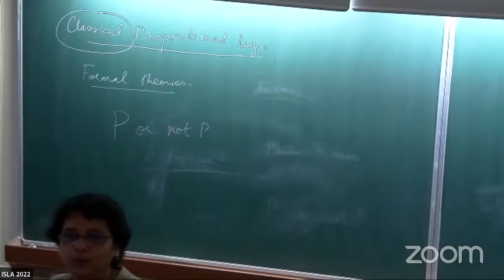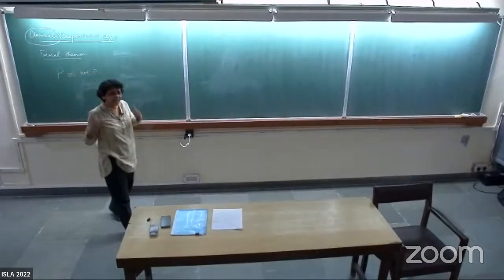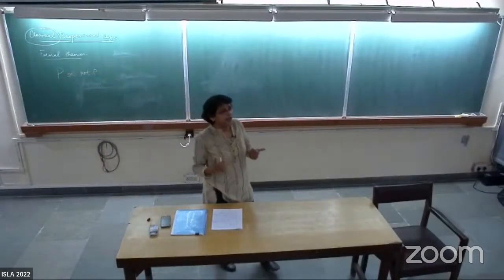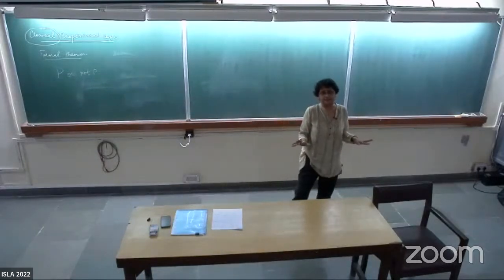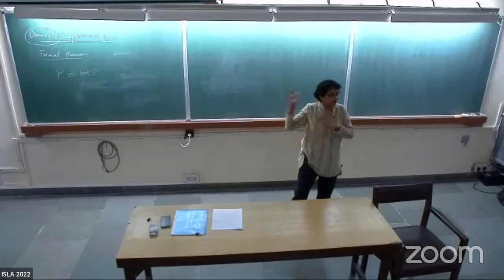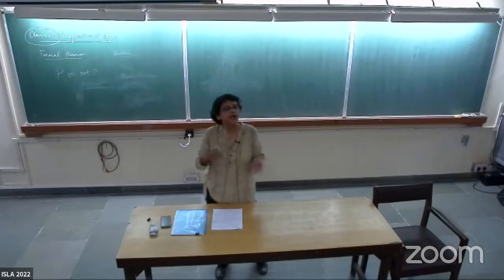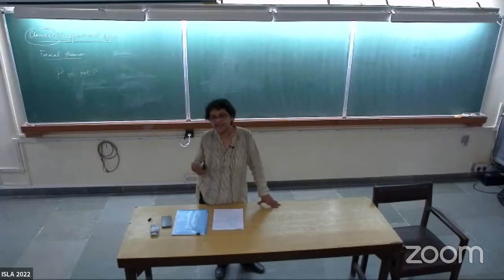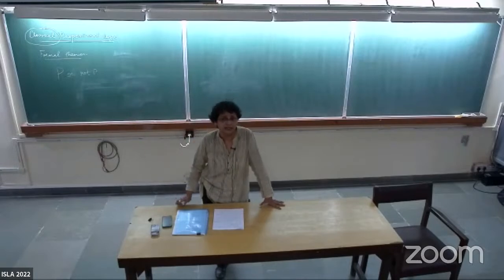I raised this here because, under what circumstances could this be questioned as well? You're assuming that your statements can either be true or false and nothing else, right? That, however, may be questioned itself. This binariness of the truth value set may also be questioned under certain circumstances, and you get this whole vast literature on many valued logics. You introduce a third truth value, finite truth values, a whole continuum of truth values, and those may make very good sense in certain situations.